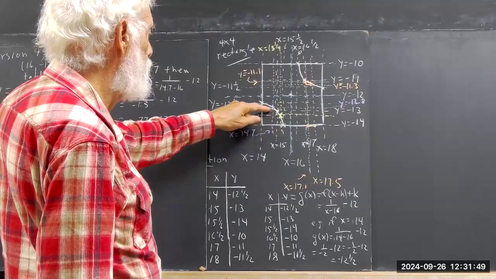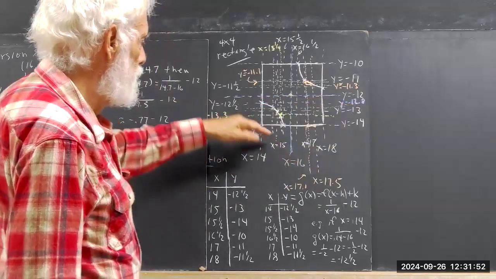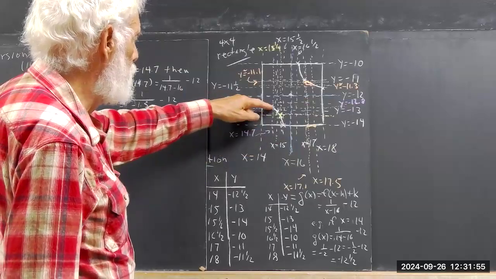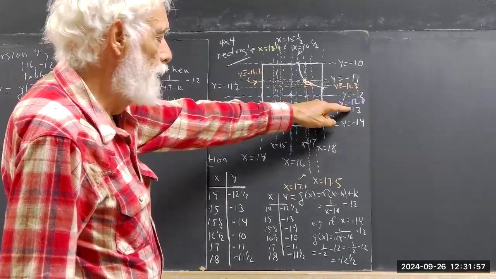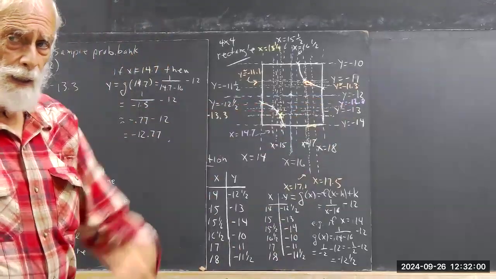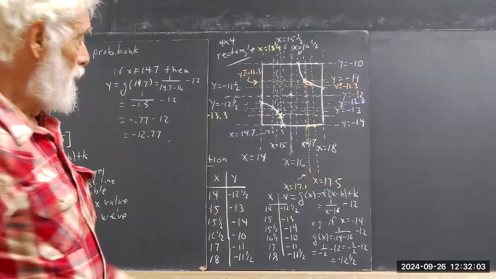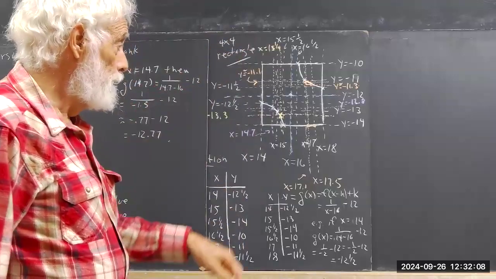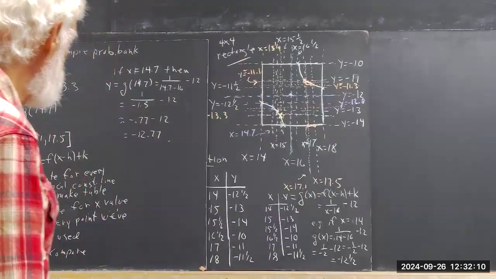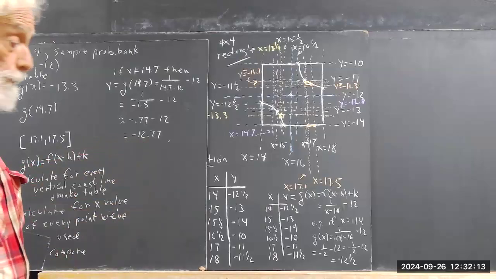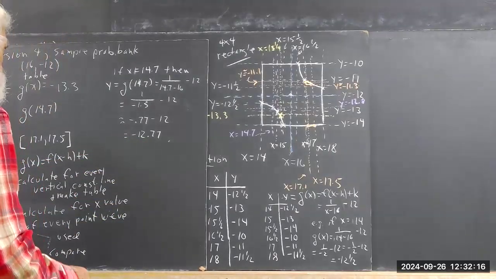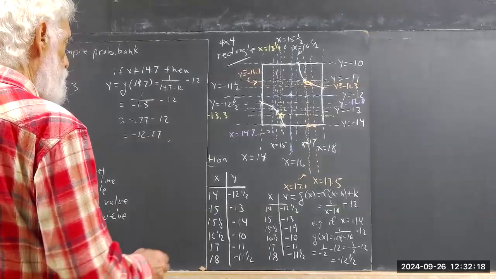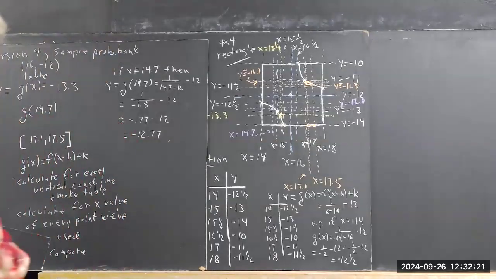Okay, we got negative 12.8. The x is negative 14.7. The point of intersection is here. And we estimated the y coordinate to be negative 12.8. I didn't know what that coordinate was going to be. And I didn't draw a great graph. Even with kind of a rough graph, I got an estimate that agrees very well with what you calculated. So we say, a little hard to find a place to